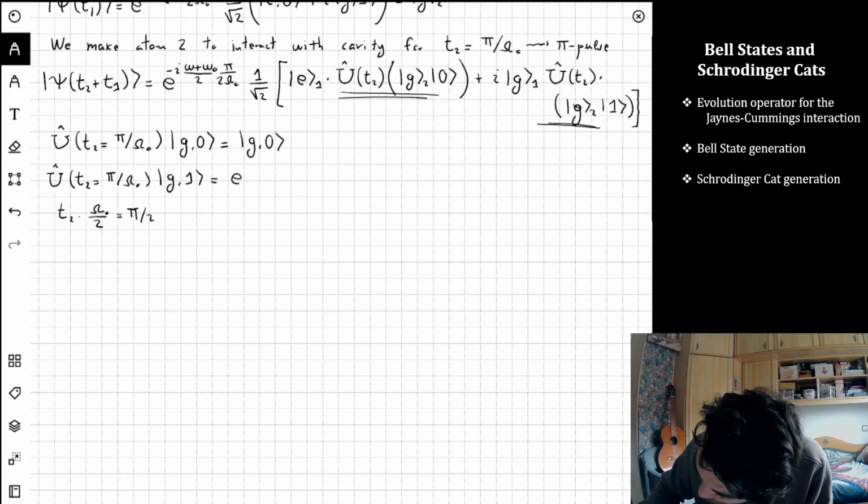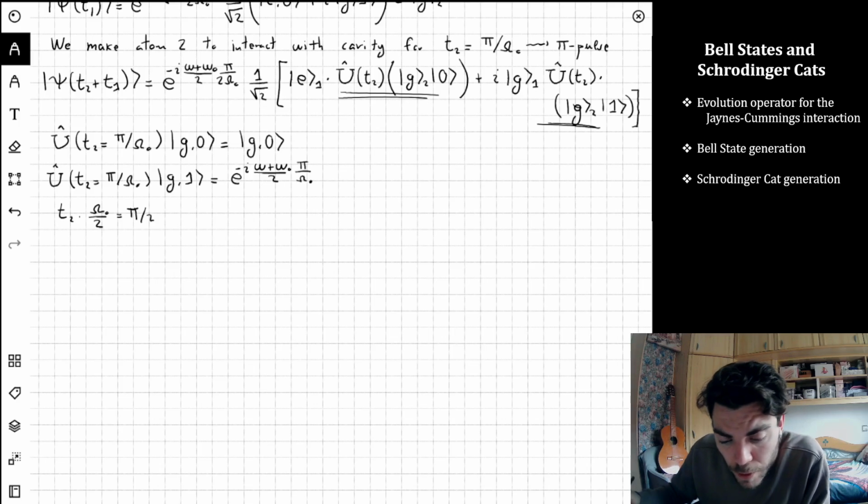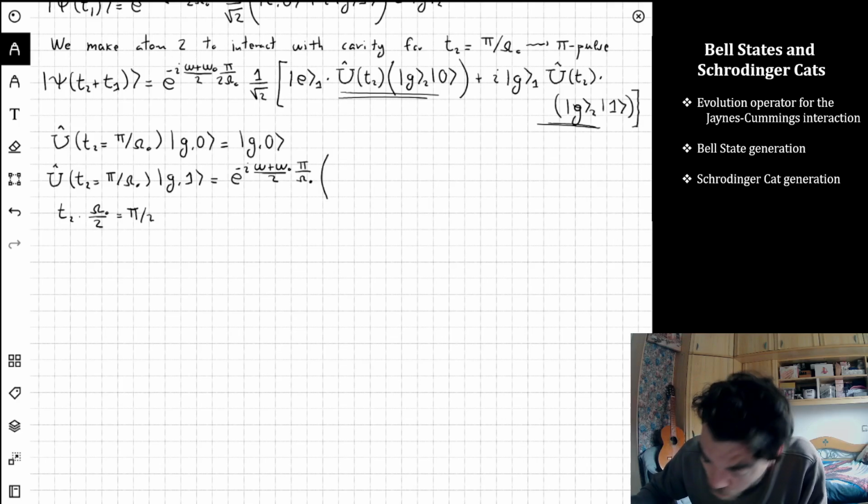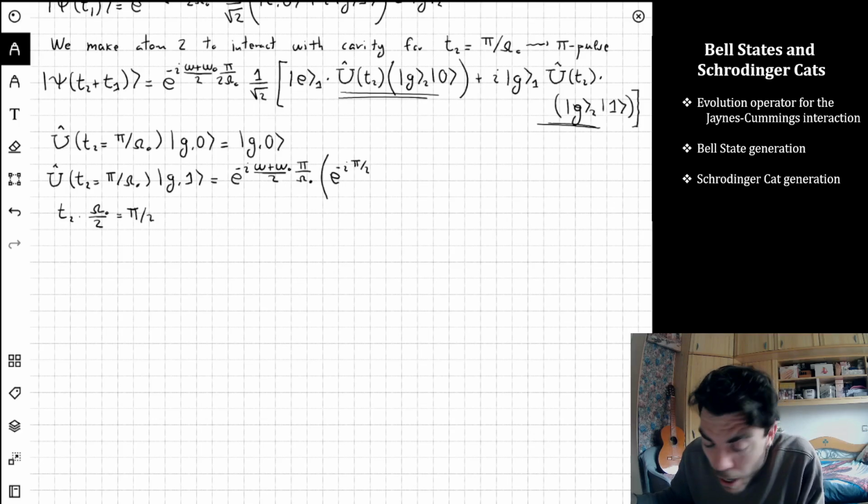So what we have is e to the minus i omega plus omega 0 divided by 2, and then pi over omega 0. And then we have the two possibilities as before. This is the same calculation we did before, but now the time is different, so this phase factor is different, which makes all the difference. Minus i pi over 2,